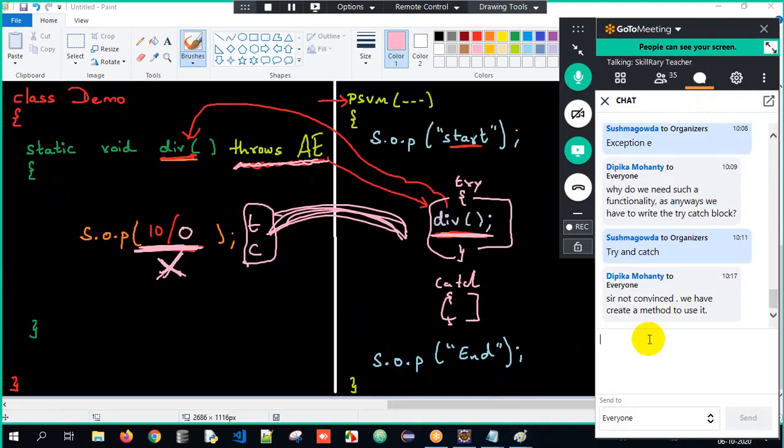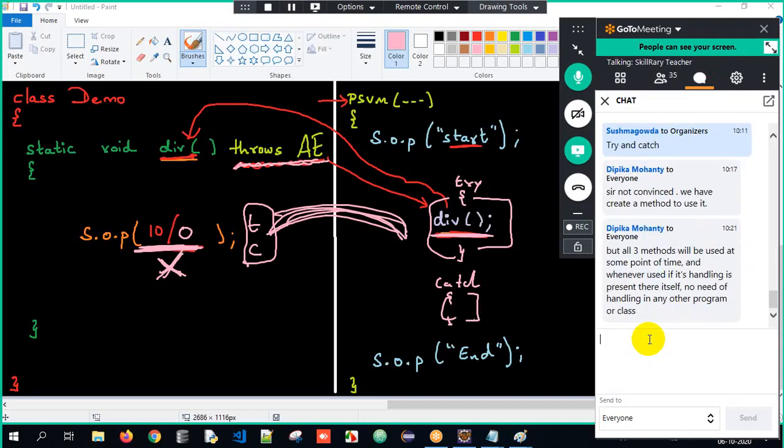Developers will create it. In simple terms, as a developer, I will have 1,000 features, 1,000 methods here. But as the user, the client, he might not use all the 1,000 features, right? All the 1,000 methods. Only when he uses it, that is where he has to handle it at the caller side. So that way we are trying to avoid that part, complexity reduction here. That's the major advantage of it.